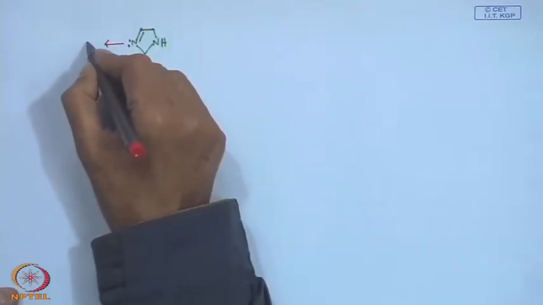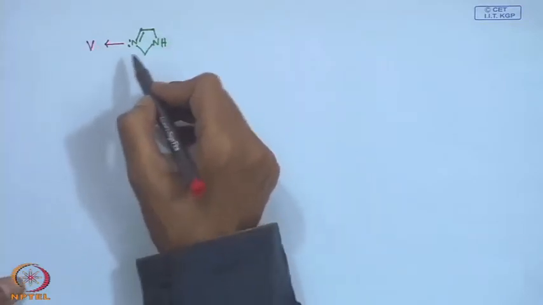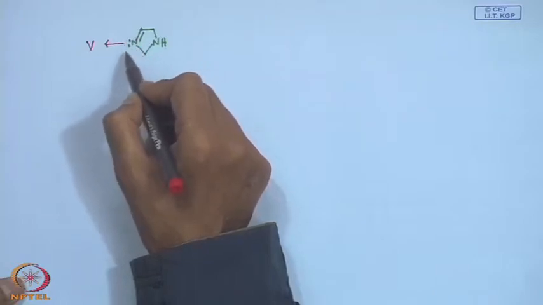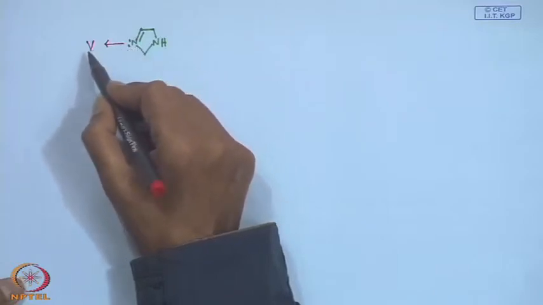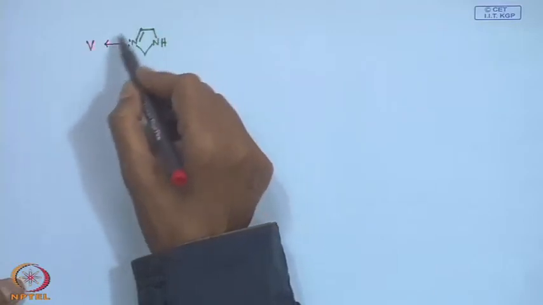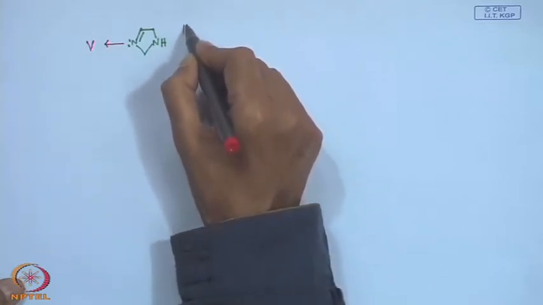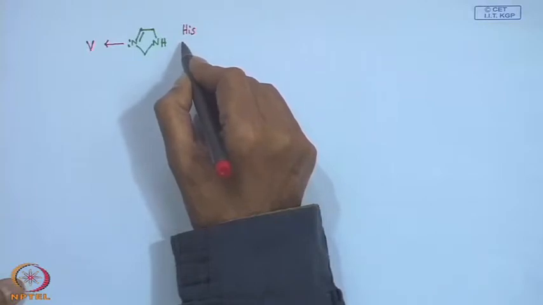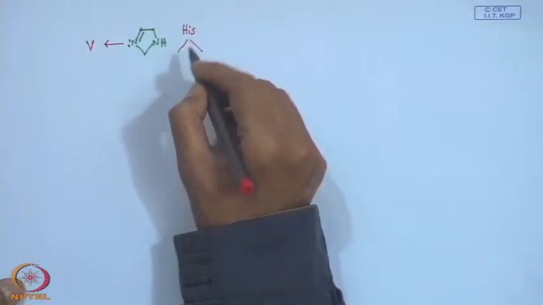Here also, the vanadium nitrogen bond is forming by the coordinate bond coming from this tertiary nitrogen. So, this orientation of this histidine residue, whether it is 404 or 496,